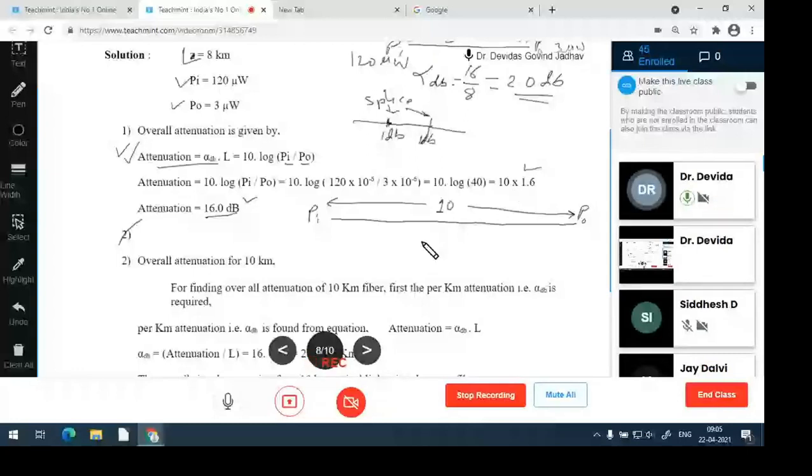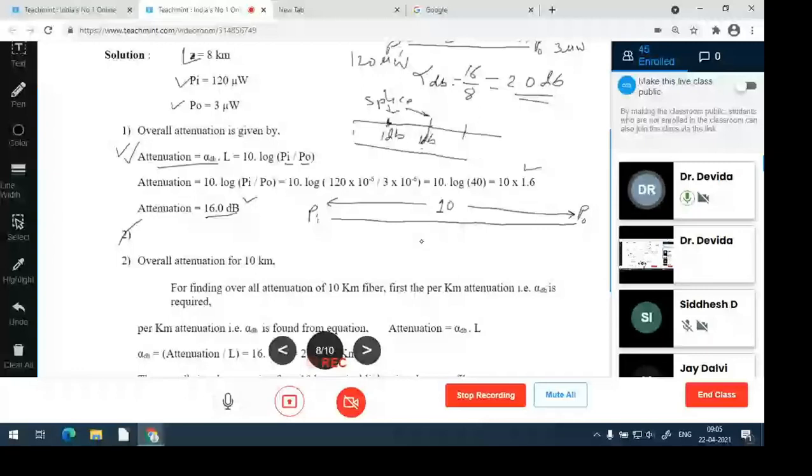Now, consider this. We have started here and we have 1 kilometer optical fiber. Then we have put one splice and again we obtained 1 kilometer optical fiber. So 2 kilometer optical fiber is with one splice. Put one splice and we have extended fiber to 3 kilometers. 1 kilometer, 1 kilometer, 1 kilometer are required. Again we'll put the splice and we extend fiber by 1 kilometer, 4 kilometer.